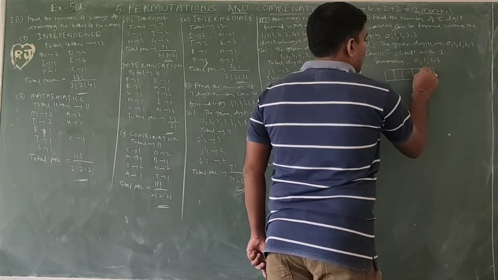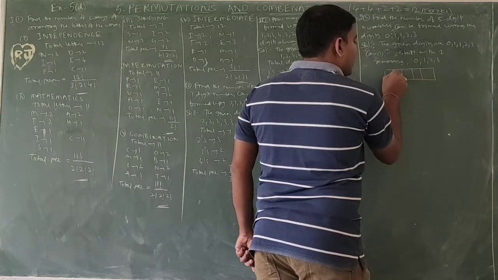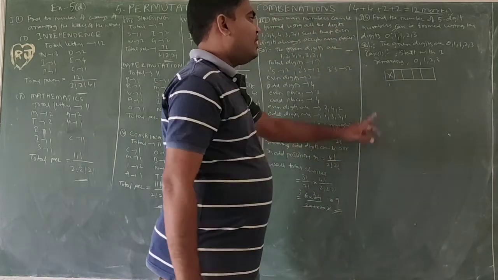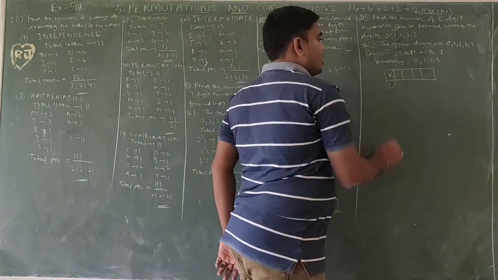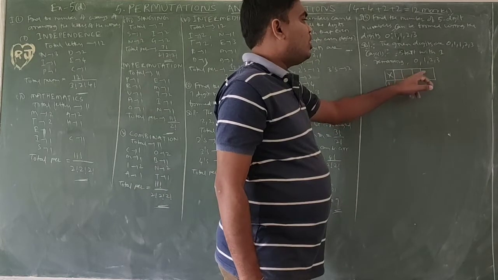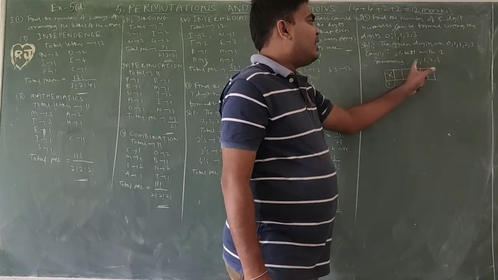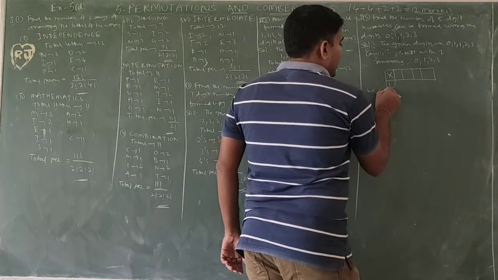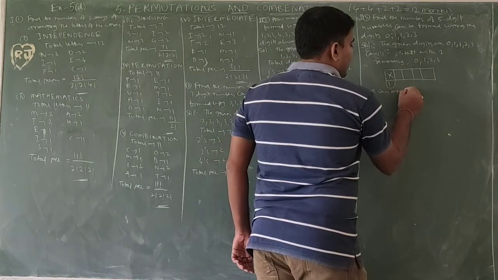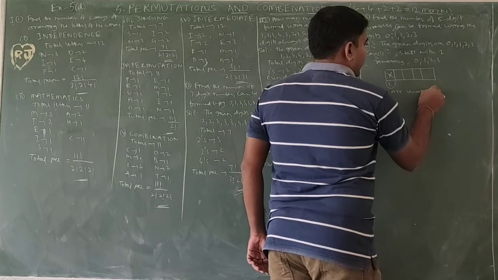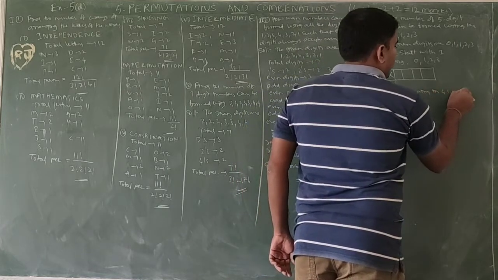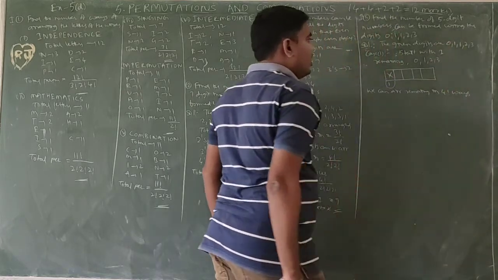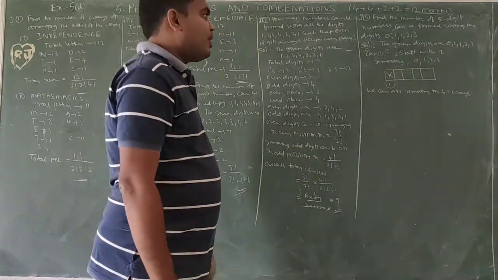1, 2, 3, 4. So here it is already 1. It is blank. Here it is already 1 fixed. Next, how many? 1, 2, 3, 4. Whether anything is same, all are different. So we can arrange the remaining in 4 factorial ways. Simply, the remaining we can arrange them in 4 factorial ways.